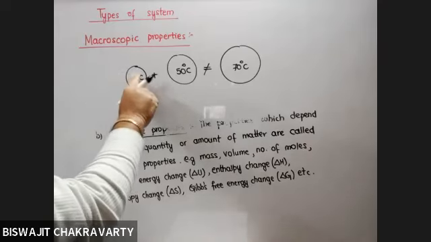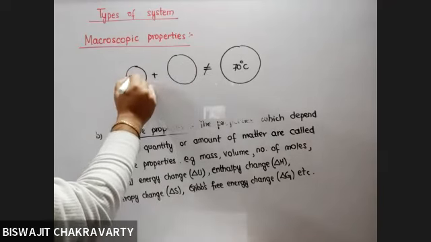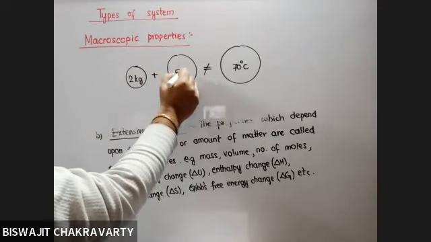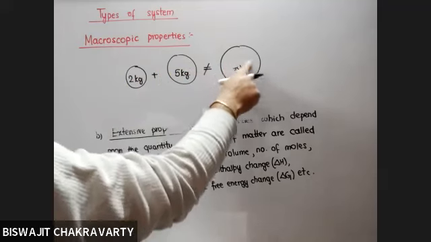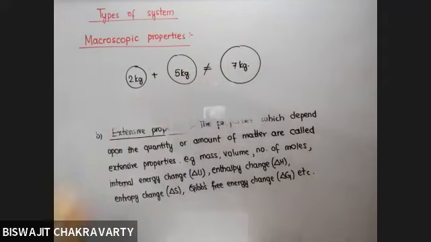But when we talk about the mass of the substance, say it is 2 kg and this is 5 kg, when we mix them up, will it not be 7 kg? Yes, sir. Okay. So if you can add up the quantities, it is additive in nature, then we can say it is extensive. But if you cannot, then it will be intensive. So this will be an easier way to understand actually.